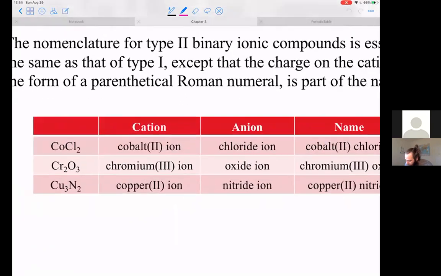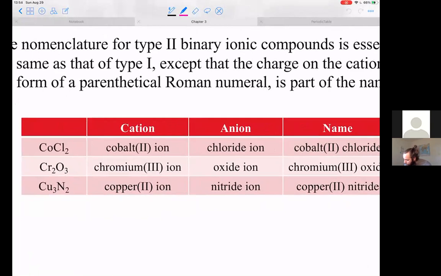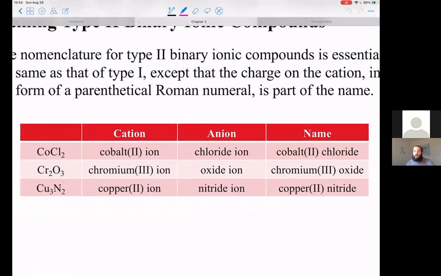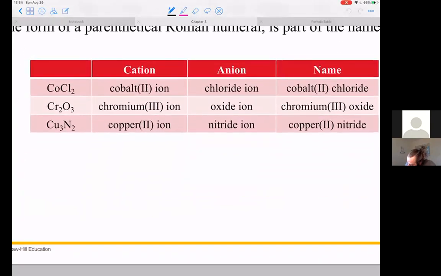Things do get a little bit more complicated when you have the transition metals, only because you're including the charge in there, right? So in this particular case, I have the cobalt-2 ion bonding with the chloride ion. So this compound would be cobalt-2 chloride. And actually, this is a good example to work through real quick. If I just gave you something like this,